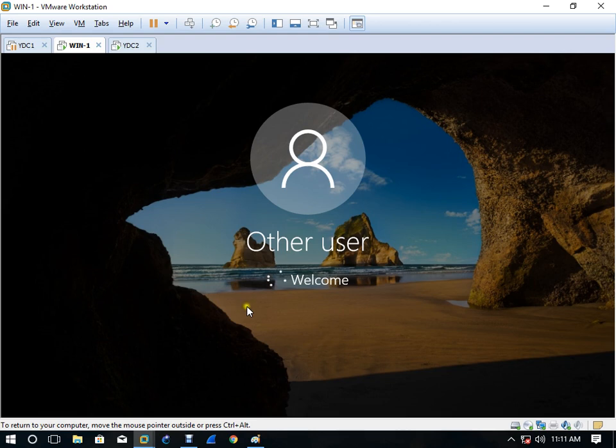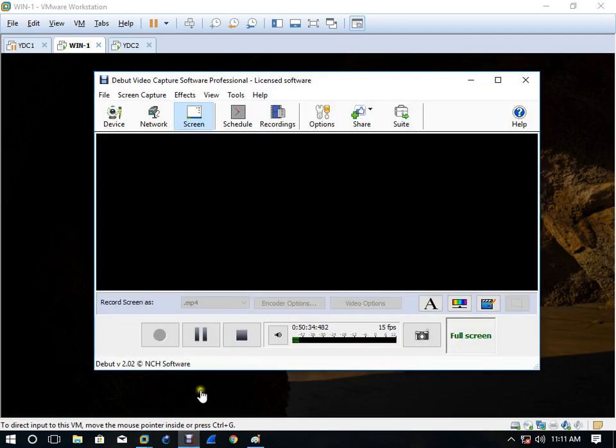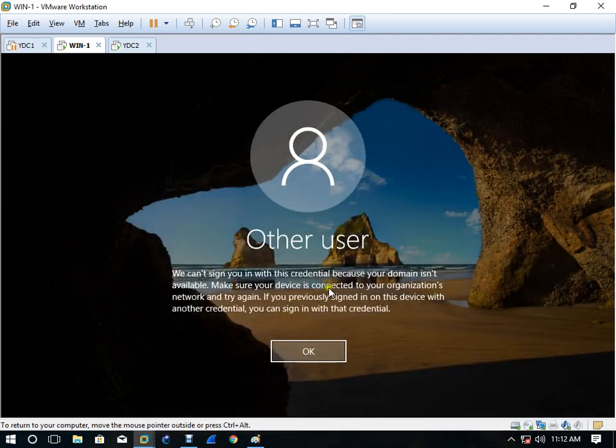No domain server. Why? Because, I'll show you, on this client, did you give the DNS address of the additional domain controller? You have to give the DNS address of that secondary server also, because he knows only the primary server, but he doesn't know the secondary server. Now you can see here that this user is not able to log in, right?